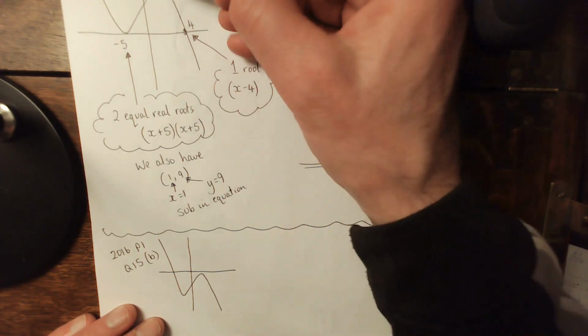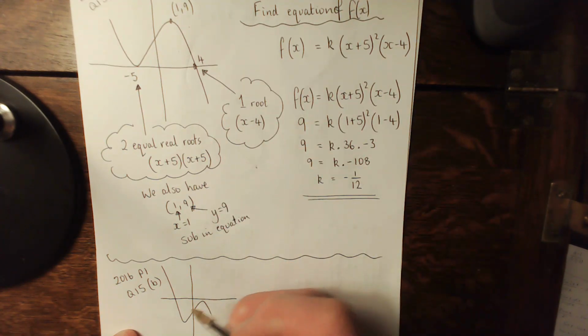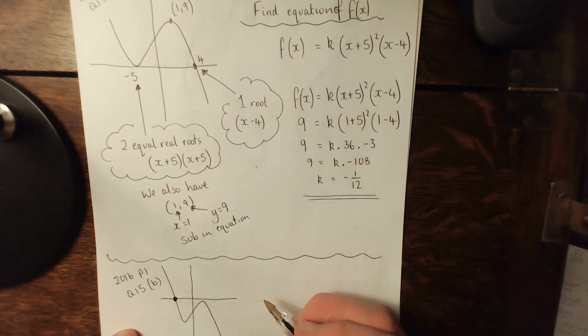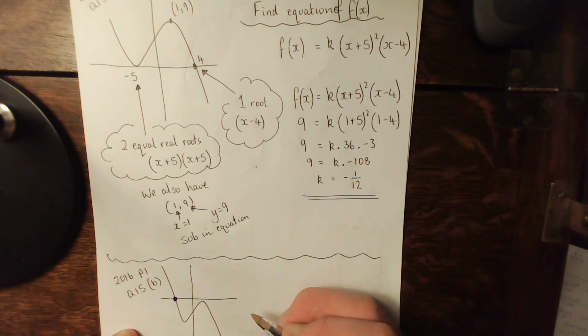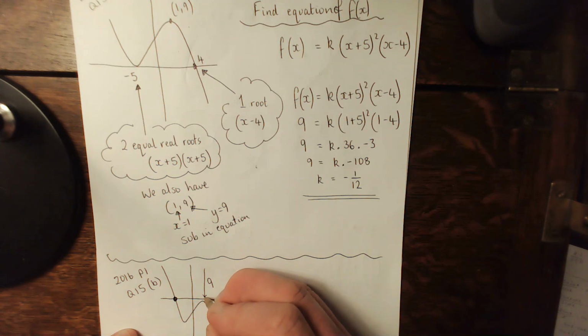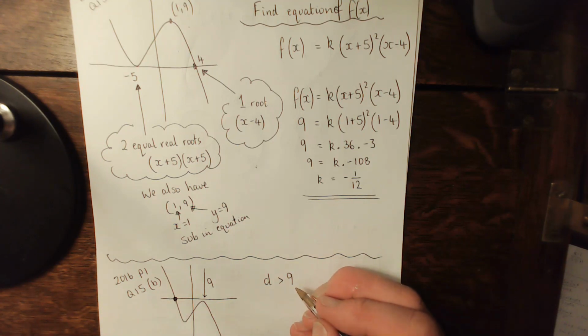Can you see if I move that graph down far enough, that is the only time I will get one root? This turning point has to come away from the x-axis. So how far has that moved down? Can you see it's moved 9 spaces? 9 spaces would move you onto the x-axis, so it's got to be bigger than 9. So D has to be greater than 9, and that leaves you with